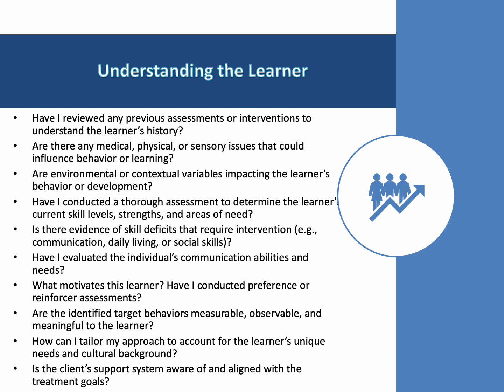So understanding the learner is very important. And one of the first things that we can do is review the records that are already available to us. So this could be something as simple as medical records, records from previous therapy. So an example would be if you have a client or a potential client that has received an assessment by a neurologist, or a psychiatrist, or whatever other profession it might be, maybe a speech therapist, you can request those records from the caregivers. And you should be doing your due diligence and reviewing all of those documents to get a better sense for the client's needs, what interventions have already been attempted,